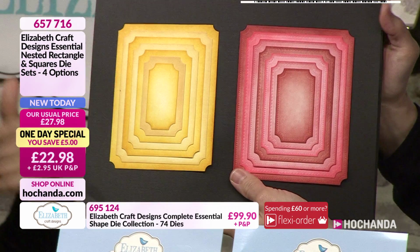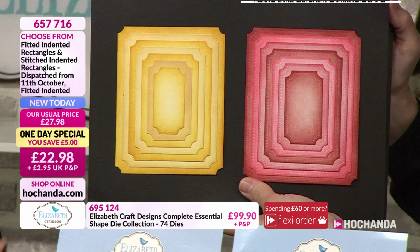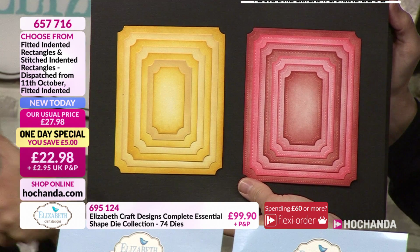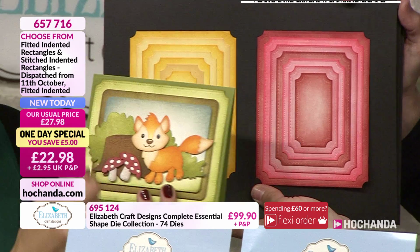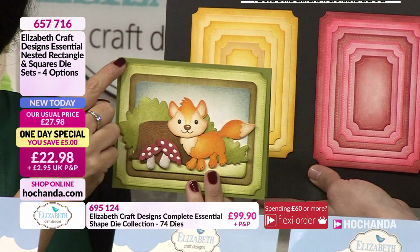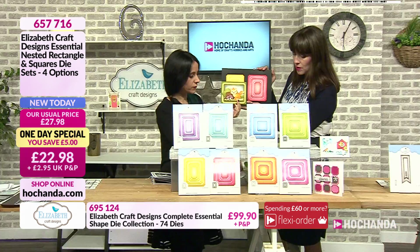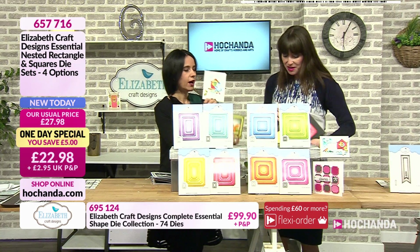And then here we have the inverted rectangles, which work the same way as the squares. But I also wanted to mention, if you want to go for rectangles, you can mix and match the inverted as well as the rounded one, and the proportions will work perfectly. Oh, that's good. Do you want to show us some samples? Oh yes, because